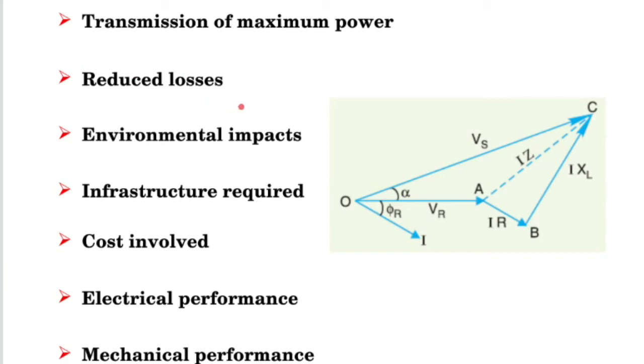Now, when we come to the next point, which is reduced losses. When we have a transmission line, we always try to minimize the losses that occur in the transmission line due to the resistance present in it. So what can happen in terms of power loss in a transmission line is I squared R, meaning it depends on two things. I is the current that is flowing through the conductor from time to time, depending on the megawatt generation and consumption, and